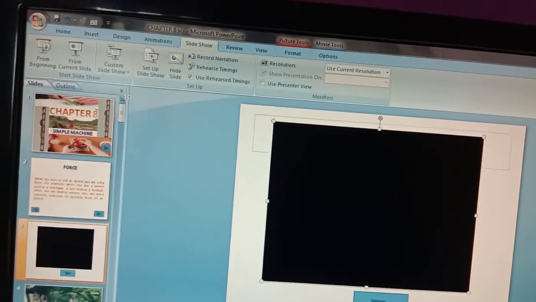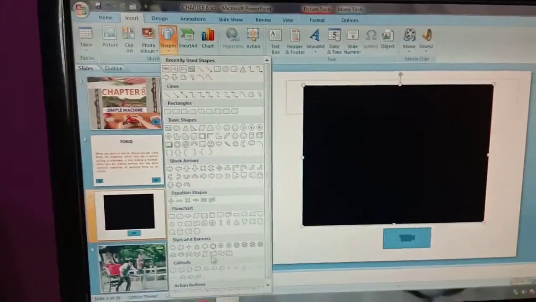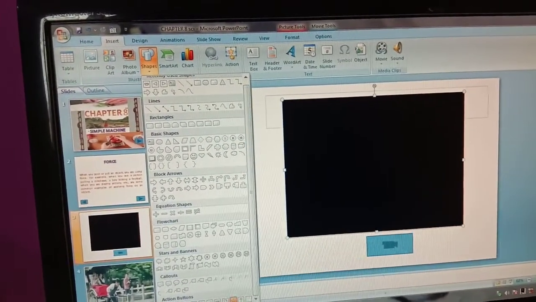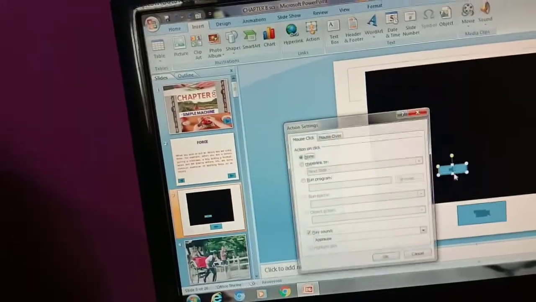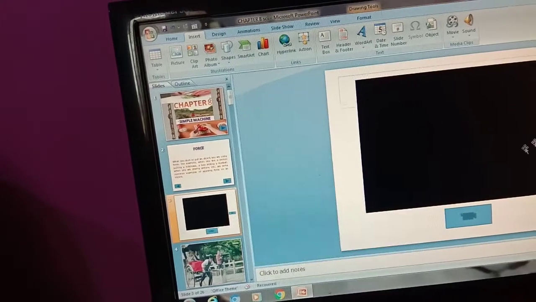So the button is there only for the sound, and you can also insert your own button from there. This is also similar, right? You can either insert from there or insert from elsewhere, right? Even in a movie you can place a button, right? So when you click on this button, the sound will come.